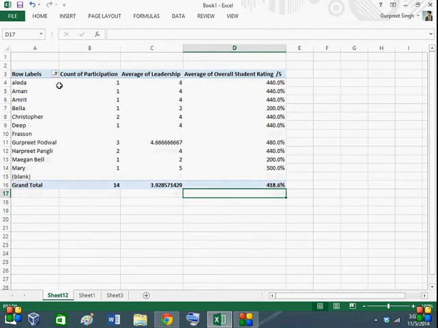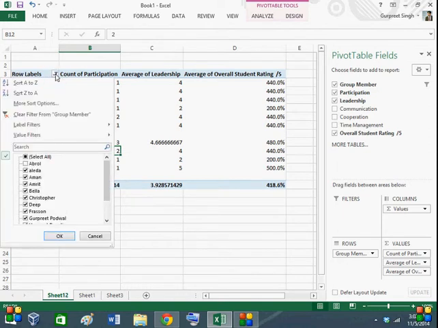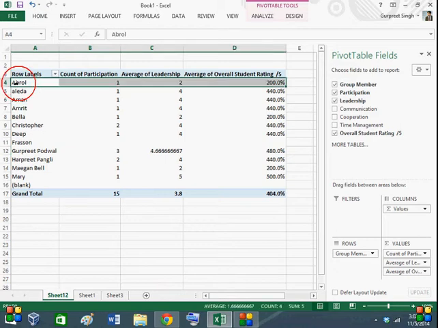There you go, Abrol is gone, and your total average leadership changed automatically. Your average overall student rating changed automatically. So just to bring it back again, hit row labels, check Abrol again, and be good to go. See, it's back again.